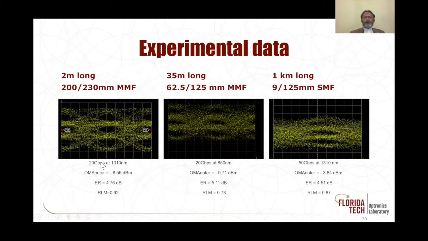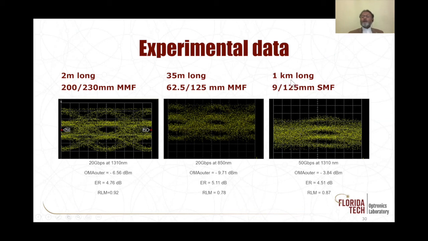1310 nanometers, with both of the sources operating at 10 Gbps. It is 200 by 230 micrometer, not millimeter, please excuse us, multimode fiber, 2 meters long. At 1310 nanometers, 10 plus 10 gives you 20 Gbps, because 10 gigabaud is 20 gigabits per second. The same thing now on a 62.5/125 micron fiber, 35 meters long at 850 nanometers, 10 Gbps plus 10 Gbps, 20 Gbps. Or I can take 2 25 Gbps